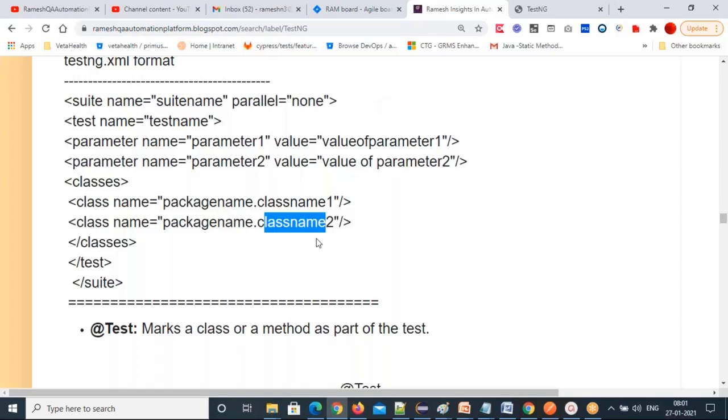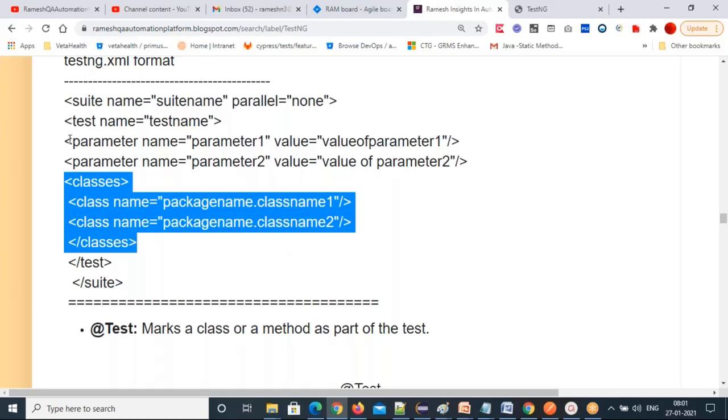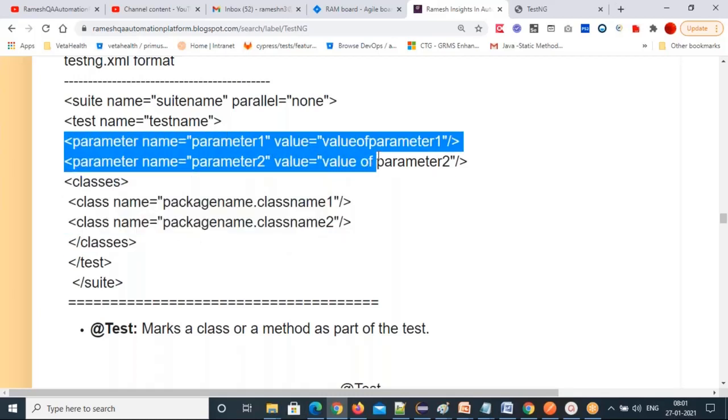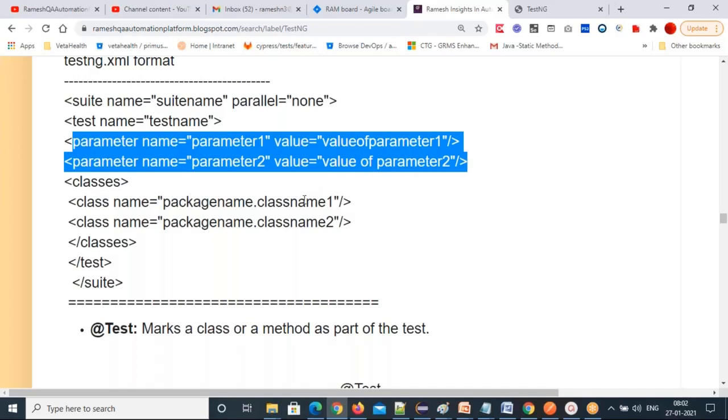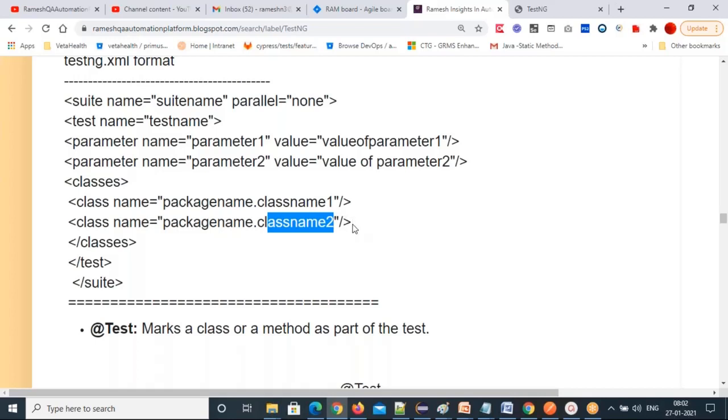So this parameter will come under the classes tag itself? You can write wherever you want. I have written for these two classes, my parameter tags are there. So that's why I declared them a little bit above these classes. These two classes need these values. That's why I mentioned them. Suppose you want to specify for a particular class, just above this class tag you write these parameter tags, for that particular class. And if you need one more different class, again above this class tag, write these parameter tags.